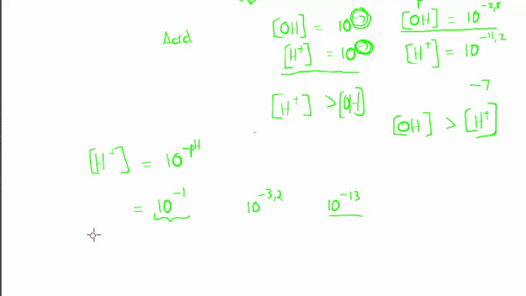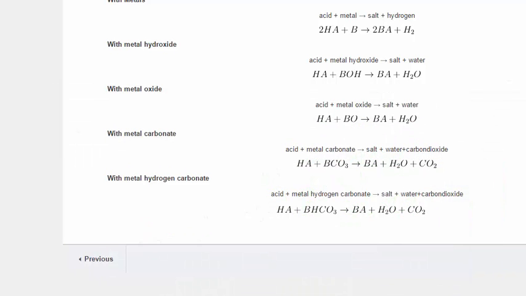Okay. Now, if I wanted to know what is the OH concentration, so if they ask me which one has the biggest hydroxide concentration, I must just go and subtract that from -14. So this one will have -13 for the pool acid, 10 to the power of -10,8, and this would be the hydroxide. Okay, but